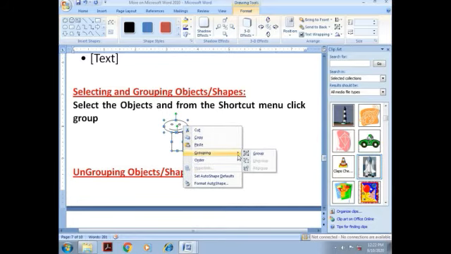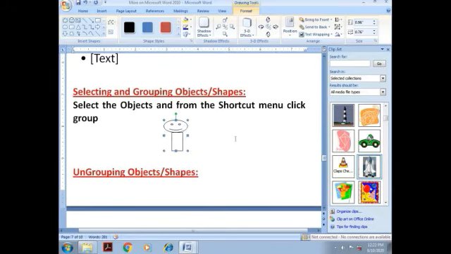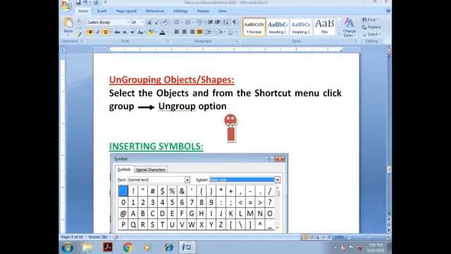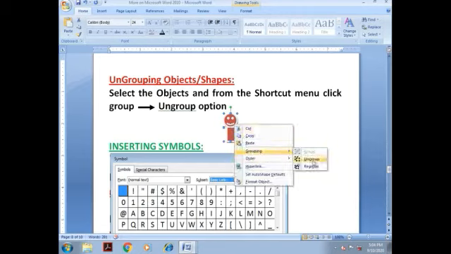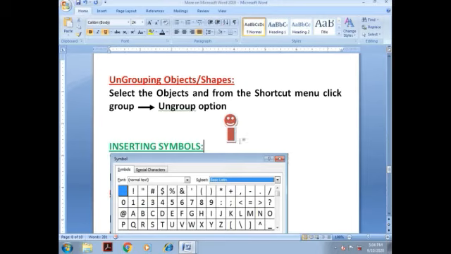First of all, select it and use the grouping option, group them. Then you can color any. If you want to ungroup it, then again select it, go to the grouping option and ungroup the picture. The shapes will be individual.